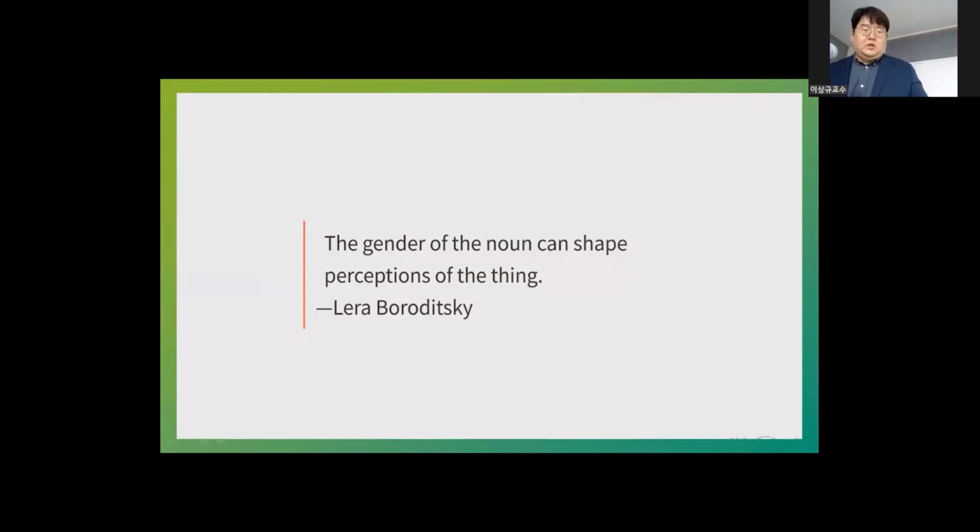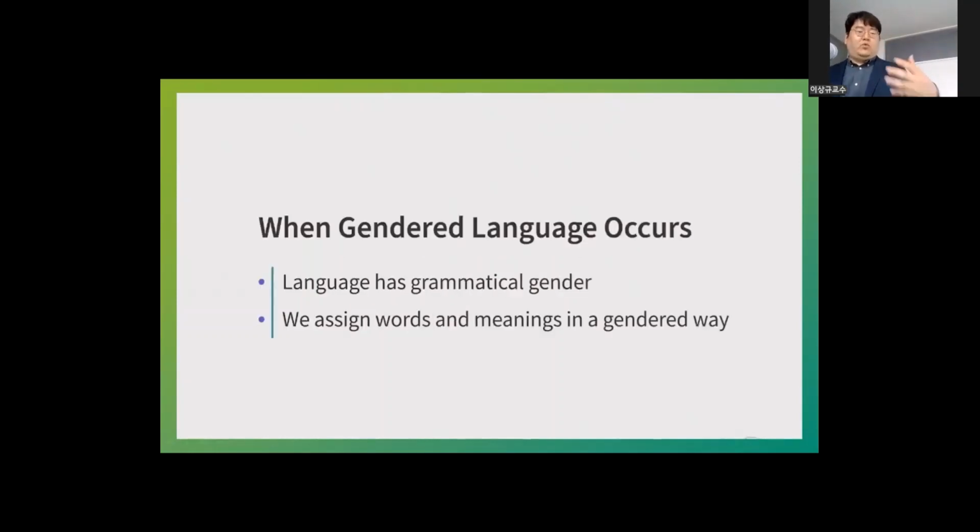Bridge. That's a feminine word in German and a masculine word in Spanish, right? As it turns out, German speakers are more likely to describe bridges as beautiful or elegant, or other stereotypically feminine words, whereas Spanish speakers are more likely to say bridges are strong or sturdy, or other stereotypically masculine words, right? So gendered language also happens when we assign words meanings in a gendered way, even when